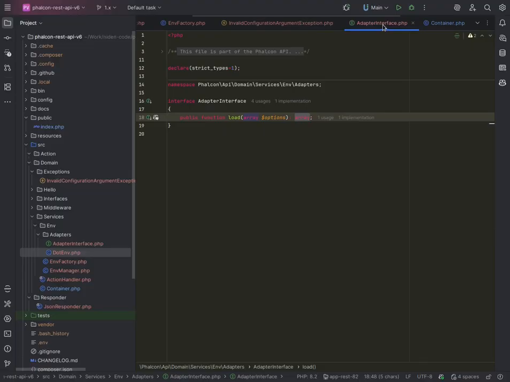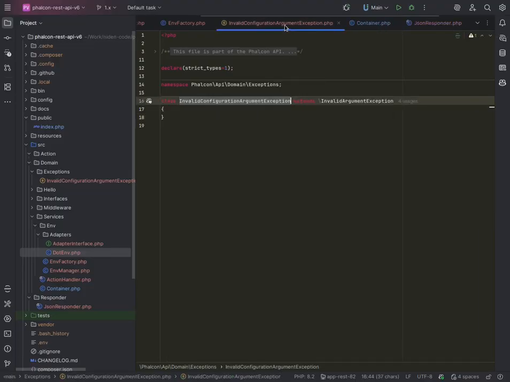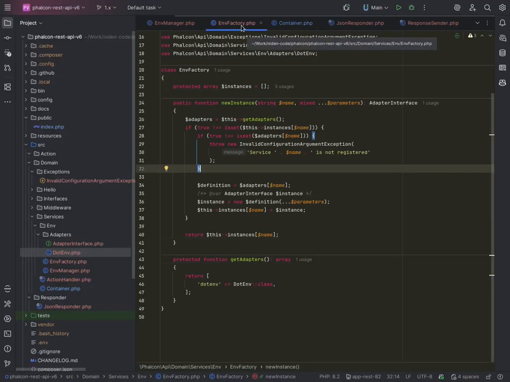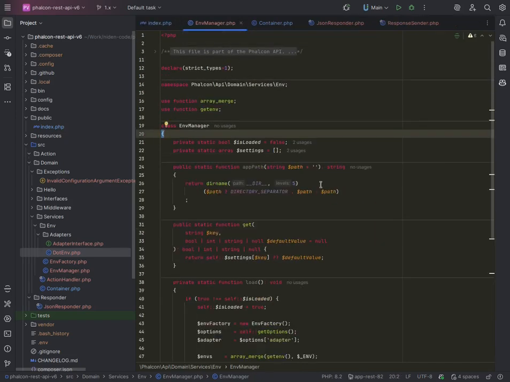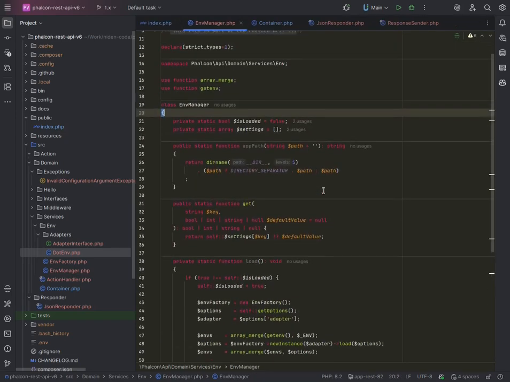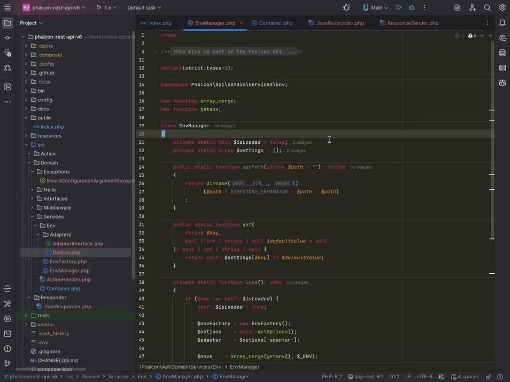So adapter interface is fine. This one of my exceptions. The env factory has its exceptions. The env manager does not throw exceptions for now. And let's close these guys. So